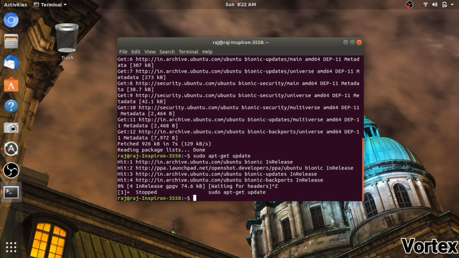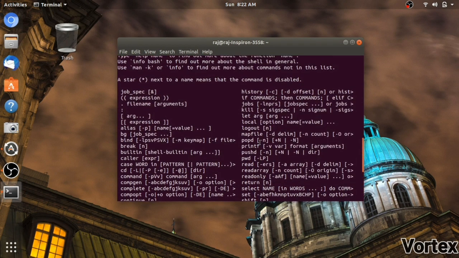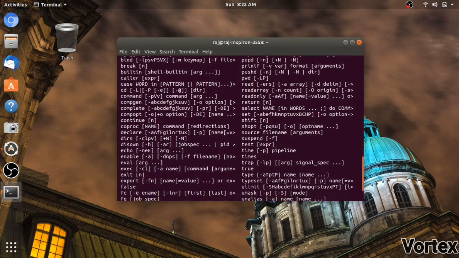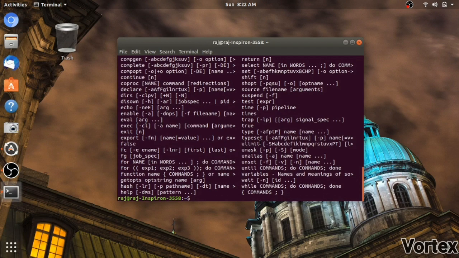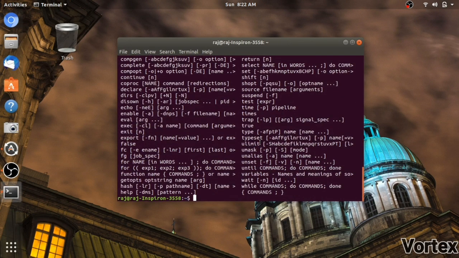Now likewise, if you are running out of resources and you want to do anything, use the terminal. Just type help. In your free time you can look out for every command and everything.